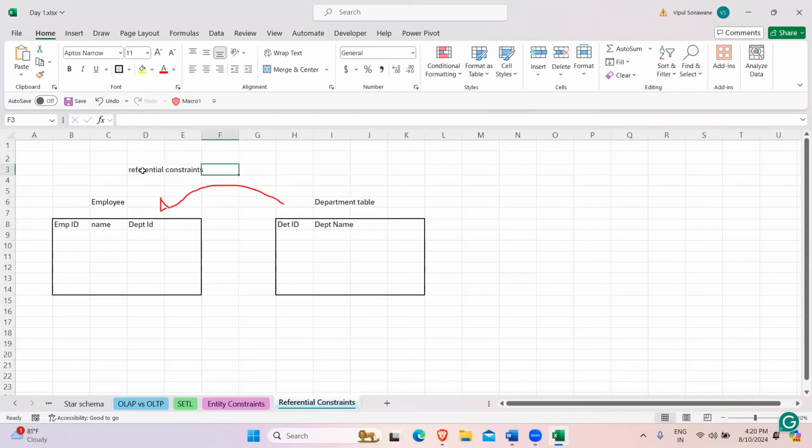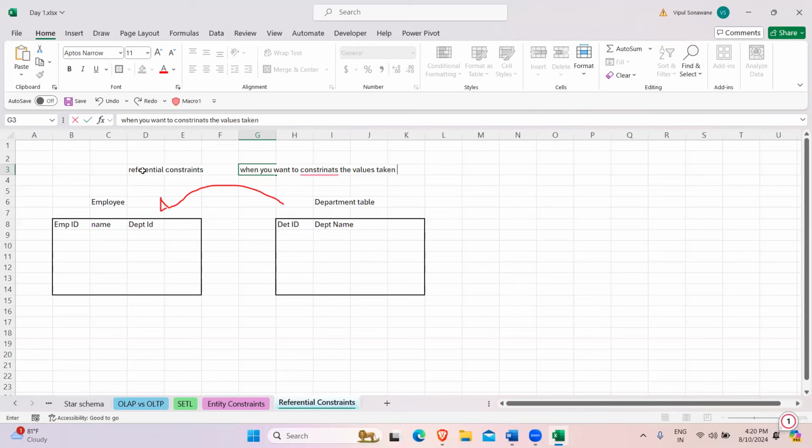See, so let's add a definition for referential constraint. When you want to constrain the values taken by a column in one table based on the values that exist in another table,